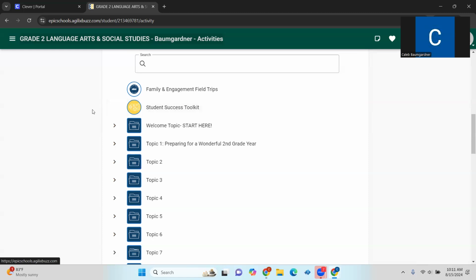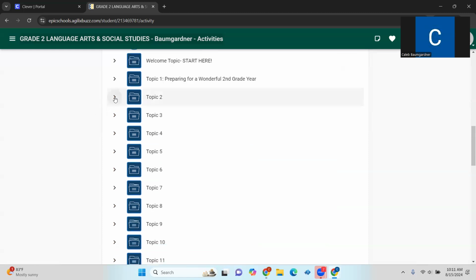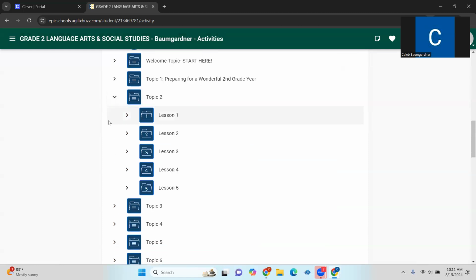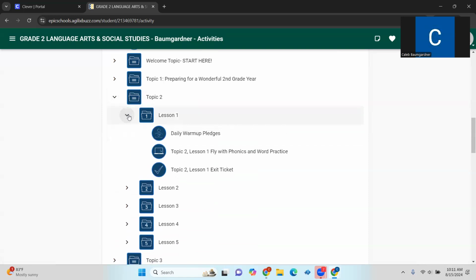Let's look at a typical folder. So open it up. There's going to be subfolders to open up, right? So topic 1 or topic 2, excuse me. Let's look at lesson 1. Of course, we want to go in order. And then there are tasks to do. If you click on a task, it'll be a